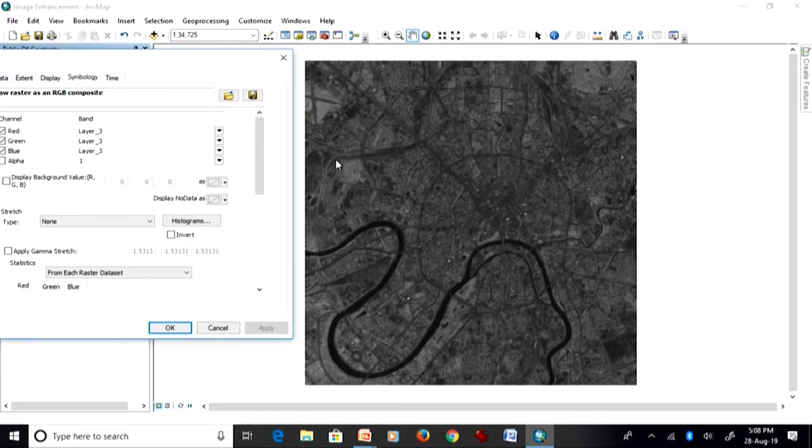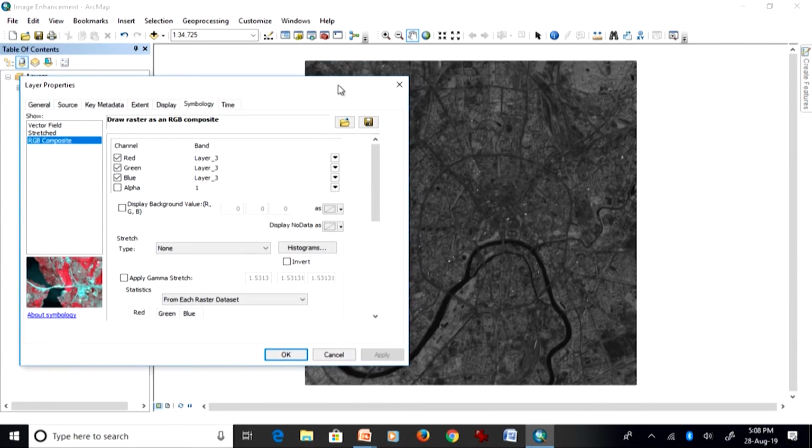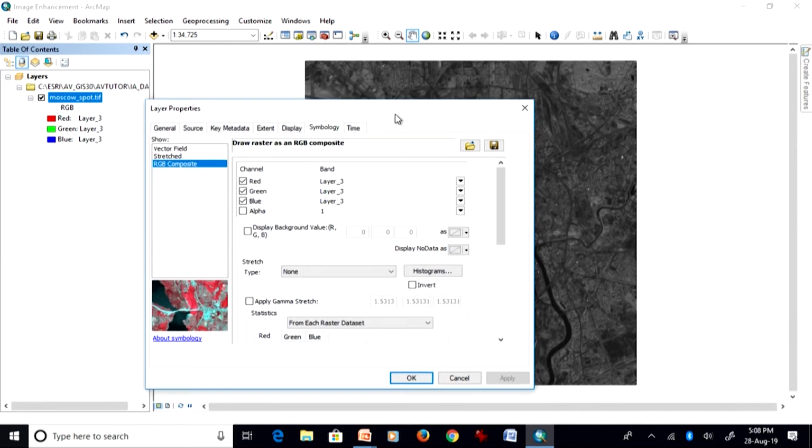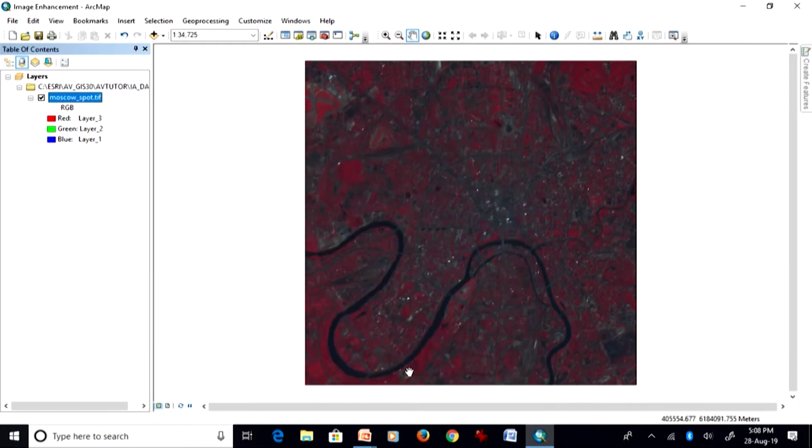As you can see here, in this particular part this is the brighter part, and this is also a brighter part, where you have a high density of vegetation. Also the vegetation is present in other areas within this image. So that is why when we go for false color composite, like here when I go for band 2, now layer 2 or band 2 or layer 1 here, again I go back and I get a false color composite. So this is how false color composites are formed.